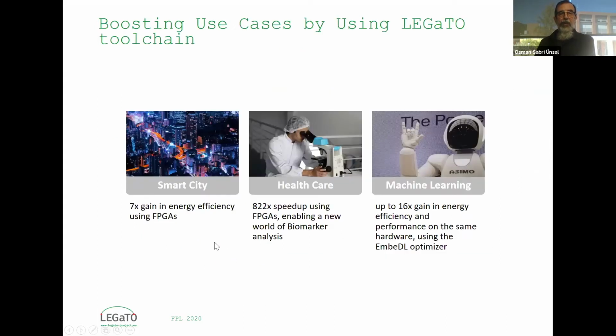So in a snapshot, with the smart city use case, we were able to get significant energy efficiency using FPGAs. With the healthcare use case, we had phenomenal speed up using DFEs from Maxeler. Therefore, this kind of revolutionized the way our folks were conducting their statistical analyses. In the machine learning use case, we have up to 16x gain in energy efficiency using the embedded optimizer from our